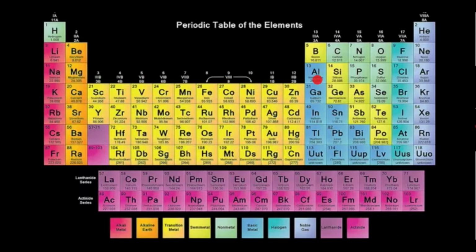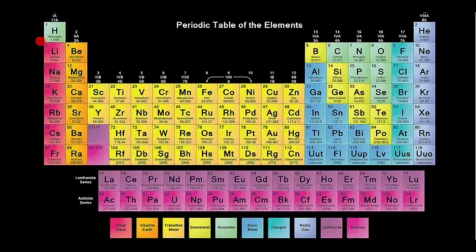Similarly, the valence shell configuration of aluminium is similar to boron. Aluminium has 3 electrons in its valence shell, likewise boron. The valence shell electronic configuration of carbon and silicon is similar. Both have 4 electrons in their valence shell. Similarly, phosphorus has 5 electrons in its valence shell, likewise nitrogen. Sulfur has 6 electrons, likewise oxygen. Chlorine has 7 electrons in its valence shell, just like fluorine. And argon has 8 electrons in its valence shell, just like neon.